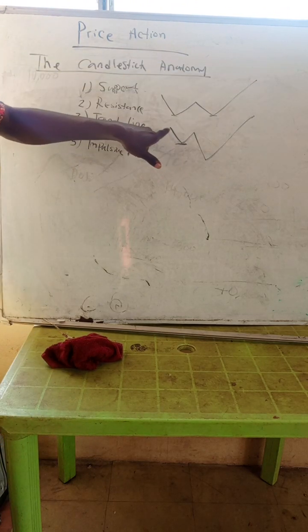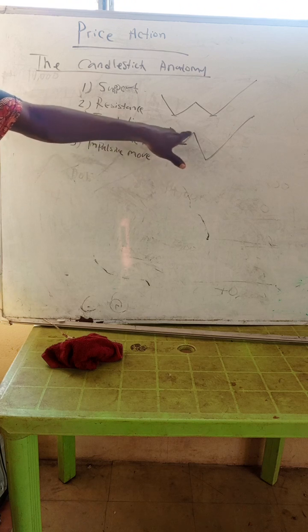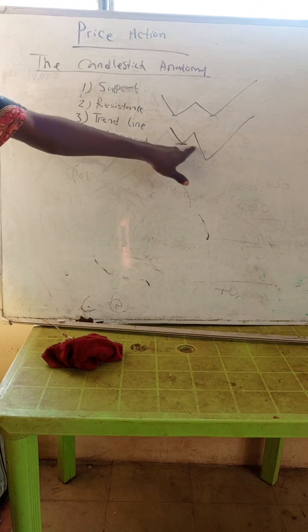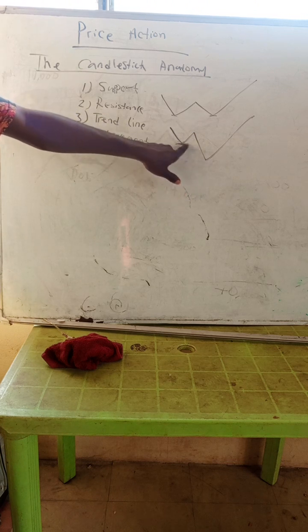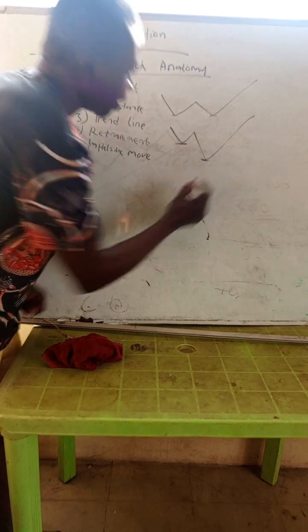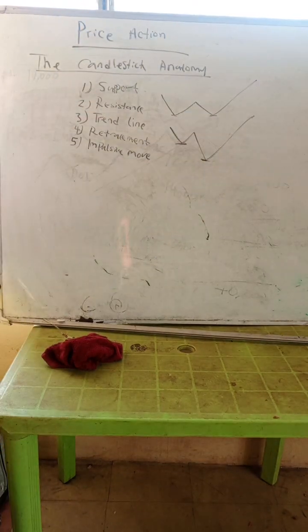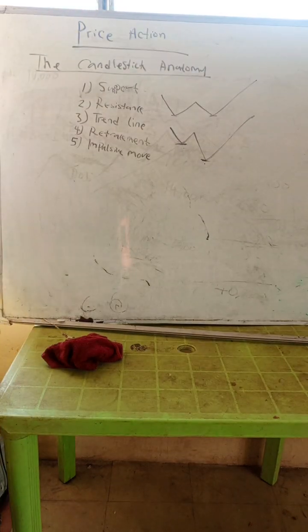But here, price came down to a support level, broke up and tested the previous high, then broke the previous support. It broke it and came down lower than where it stopped before. And then here it failed to go any lower at this point and pushed up. Now the supports are here and here. So support simply means the point in the market where the price failed to go any lower.